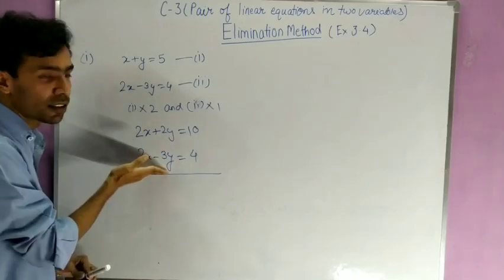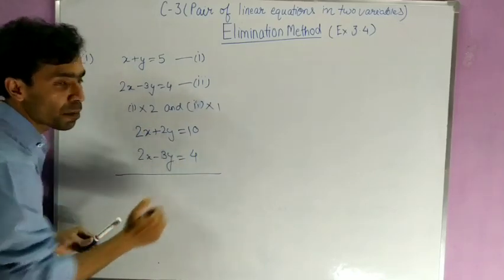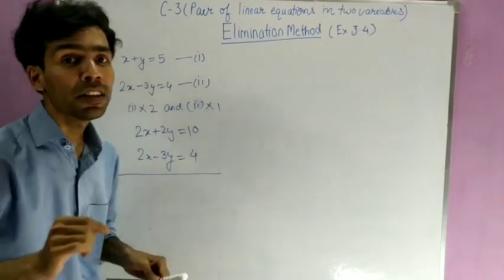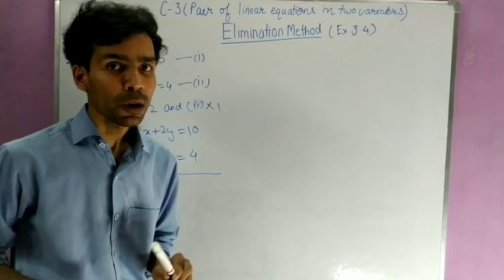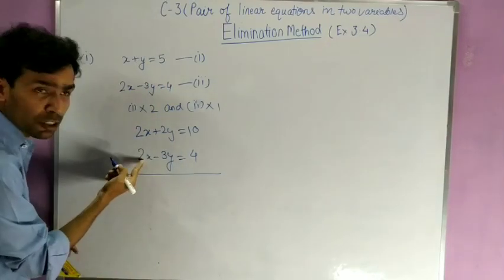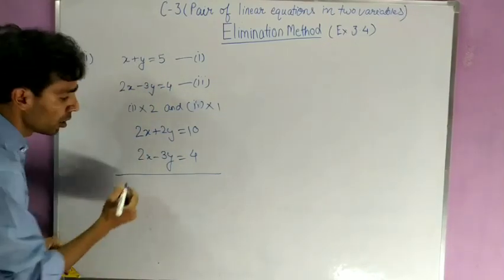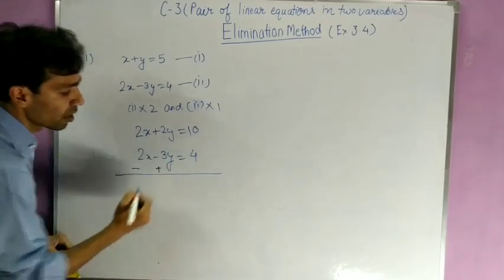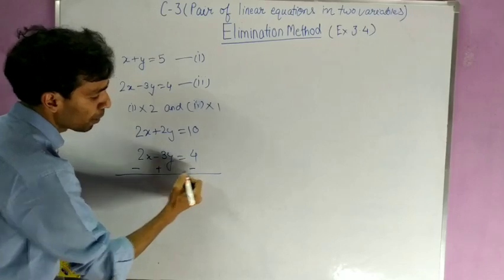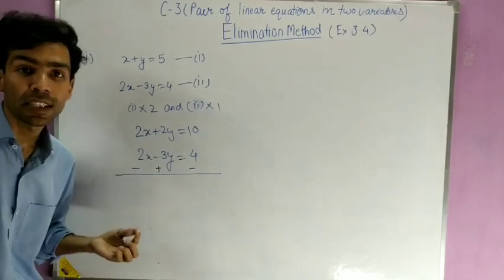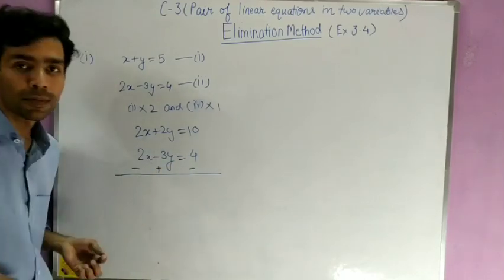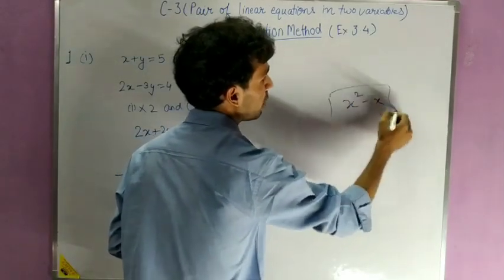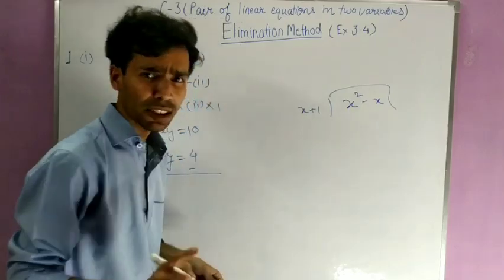From this to this. When we subtract, their signs will change, as we have studied in the division process. See, here is 2x, when subtraction happens it will be minus, here is minus, so it will be plus, and here is plus, so it will be minus. And we always see the change of sign. Suppose like this, x square minus x is divided by x plus 1.